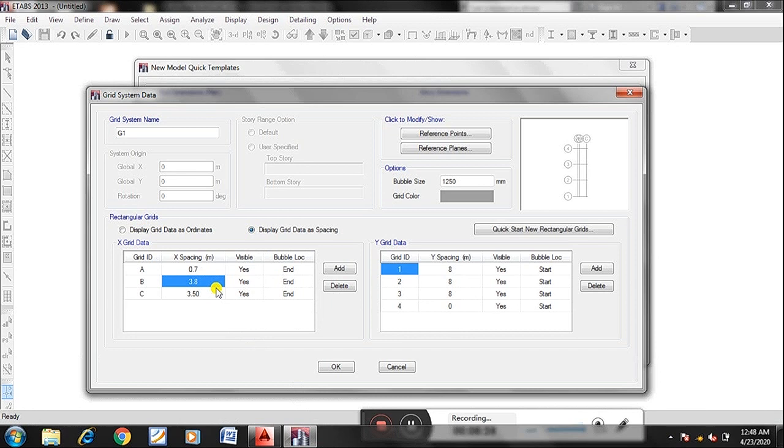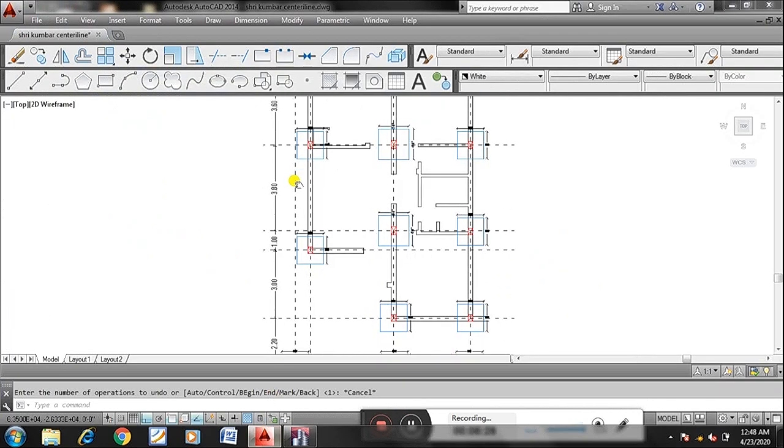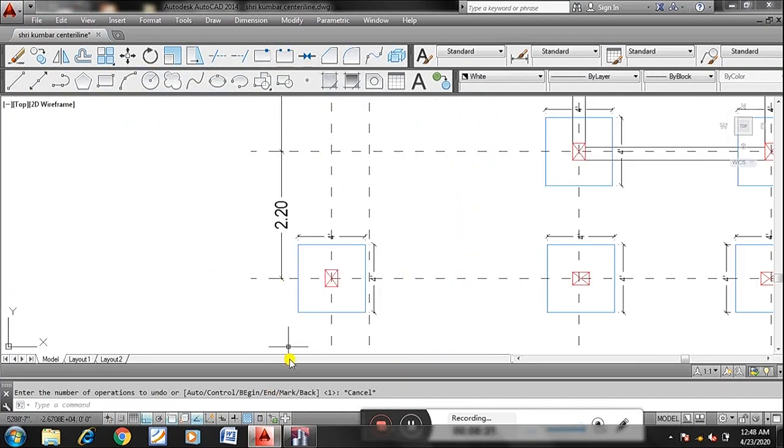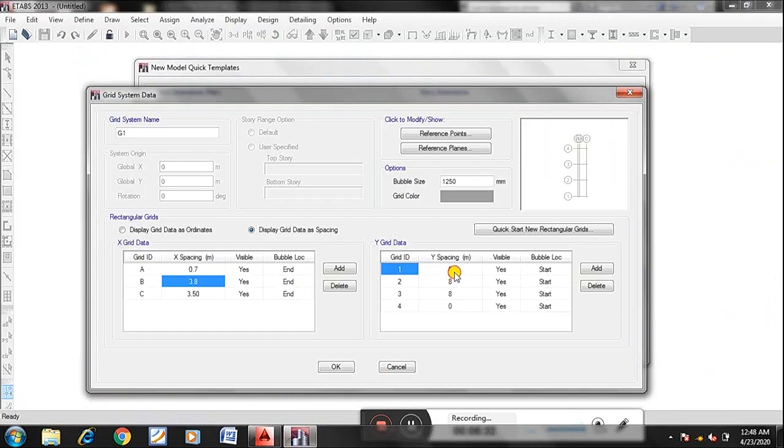The next one, the dimension in the vertical direction. We should go from the bottom. First it will be 0, obviously 0, or we can have spacing also.